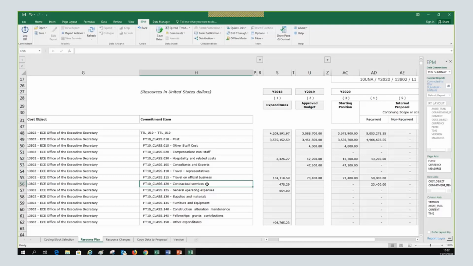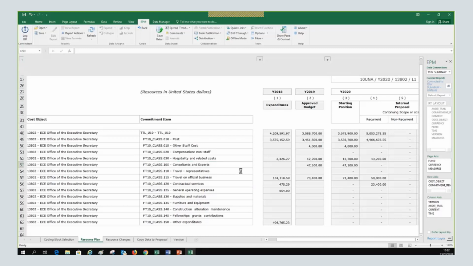But we are not only making this difference. So this is the hierarchy, this is the budget class. But for example, in this class, class 05, consultants and experts, there is a breakdown. We can see the breakdown if we double click on the class. So I'm going to double click on this item.